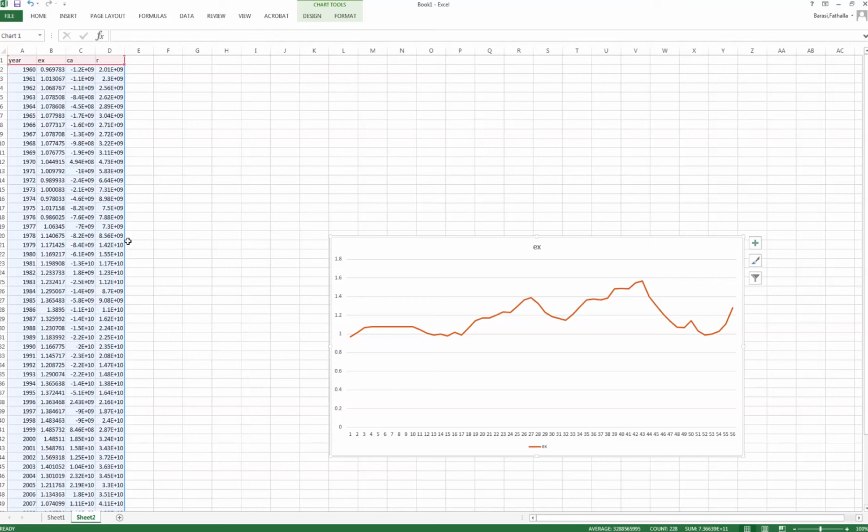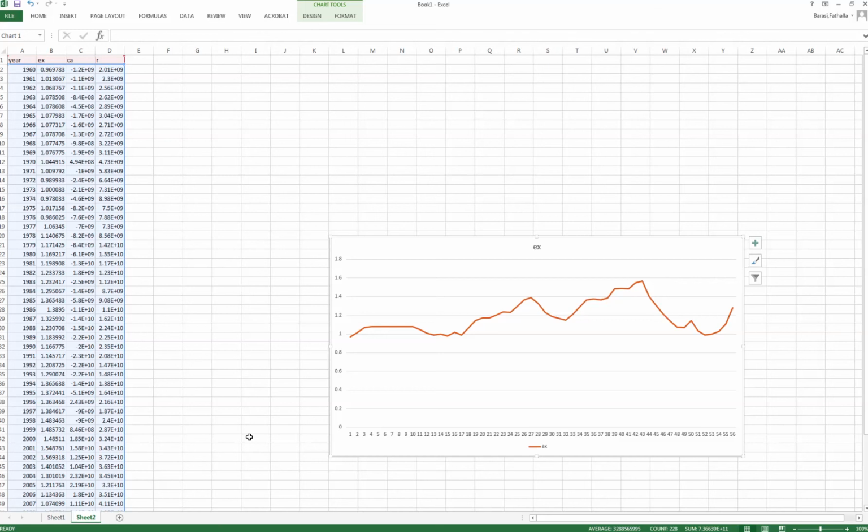If you want to add all variables in one graph, you have to put all variables in the same unit of measurement. You have to convert the variables from levels to growth rates. All the variables should be measured in growth rates. Okay, now this is just an example. You have to do all the variables,